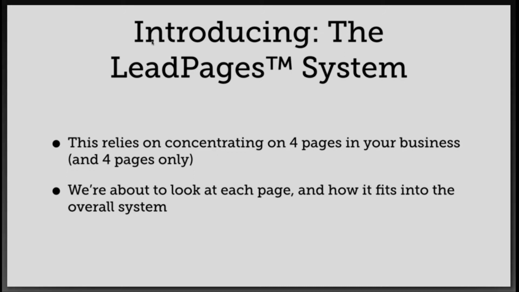And the reason why we're only going to be talking about 4 pages is because of something called the 95-5 rule. So the 95-5 rule dictates that in any business, about 95% of the business results and the revenue are generated by about 5% of the pages, okay? 95-5 rule, about 95% of the business growth and revenue you generate from your website will come from about 5%